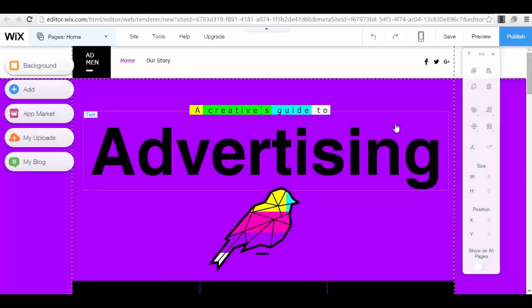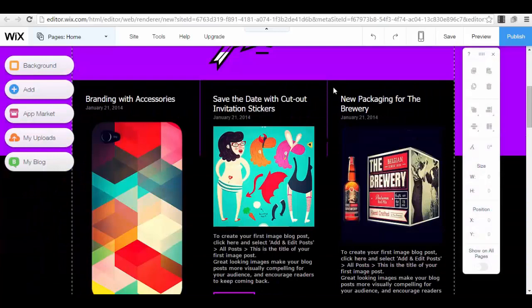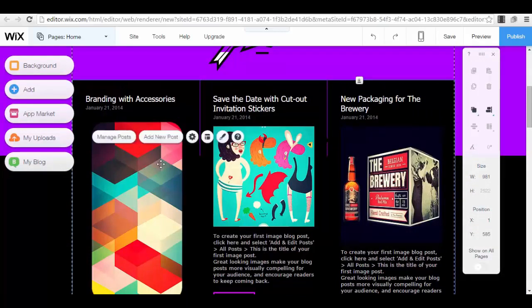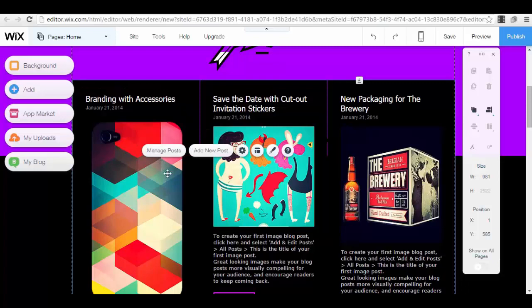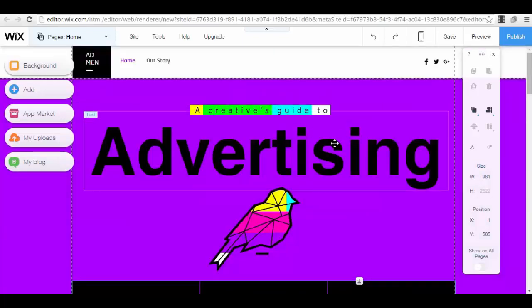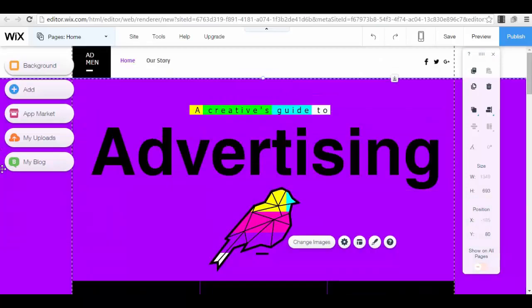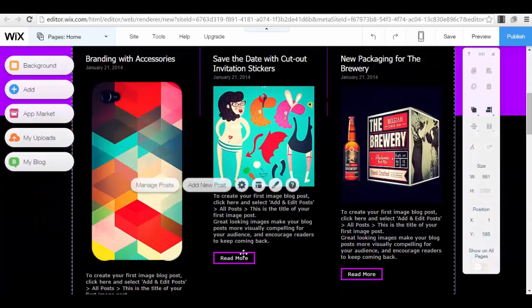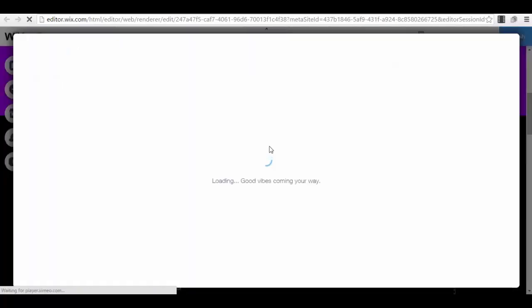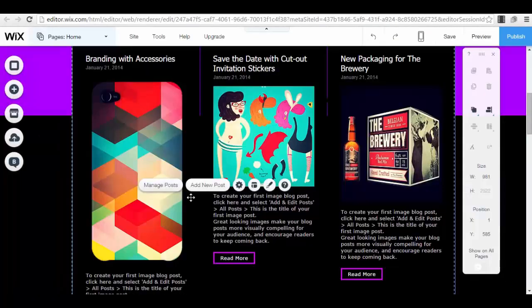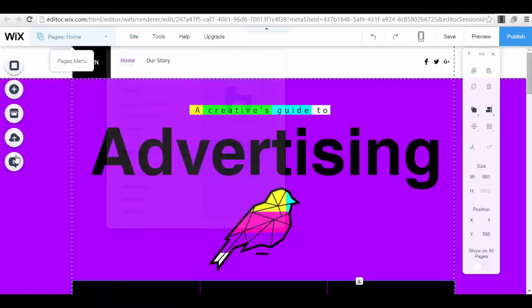Okay, we are in the editor right now. We are on the main page, and let's see, we have all these things that you will probably not need for your webinar page. So you don't need all this stuff right here. You have a text that you can edit, but you don't need it. Manage posts, you have posts here, so you don't need all this stuff. We should probably look for a different template. This one is too complicated, I don't like it.